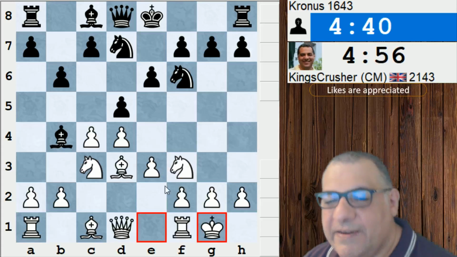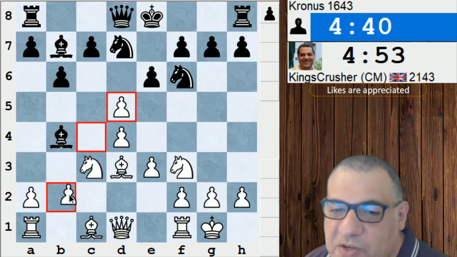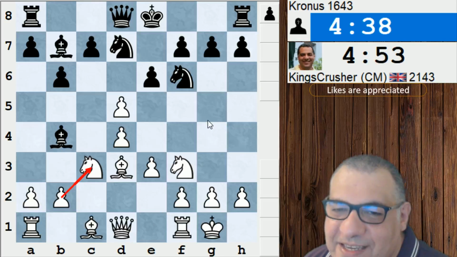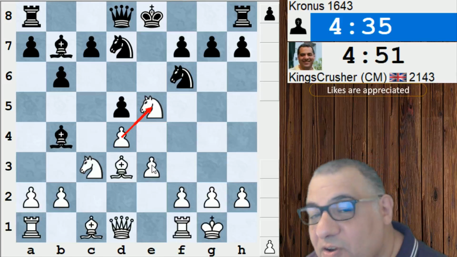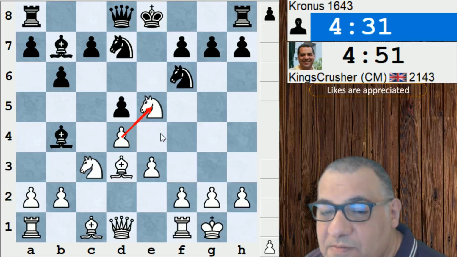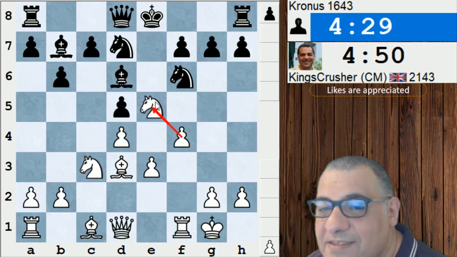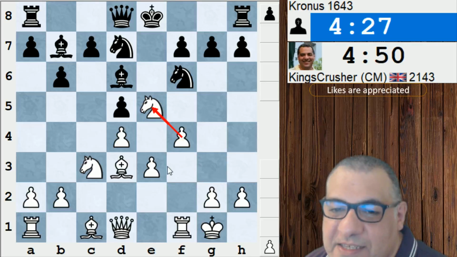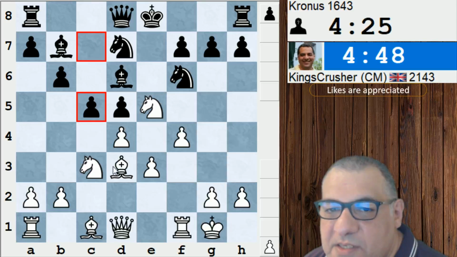But I've had a lot of fun recently with, I don't know if I'm attracted to reverse systems, but you could argue that c4 is a reverse Sicilian as well. But the Sicilian, of course, is more aggressive than a French defense. But it's interesting to play these things in reverse. Okay, so